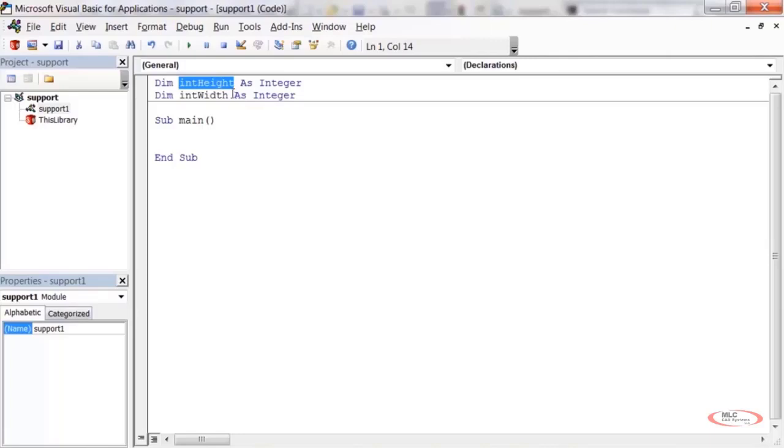Now there's certain words you can't use for variable names, like for example, I couldn't use the word integer as my variable name because that's already understood as a reserved keyword by Visual Basic for Applications, and you know it's reserved because it's blue. So same thing with Sub, End, As, Dim. Nevertheless, whatever else you can think of, you can use it. And in this case, I called the second part height because it is going to contain a number that will represent the height. And then I put an int in front as a prefix just so that when I'm in the code looking at the variable, I'll see that int in front